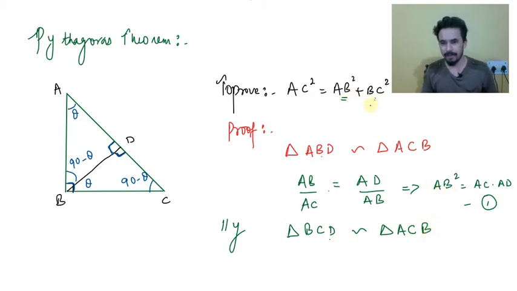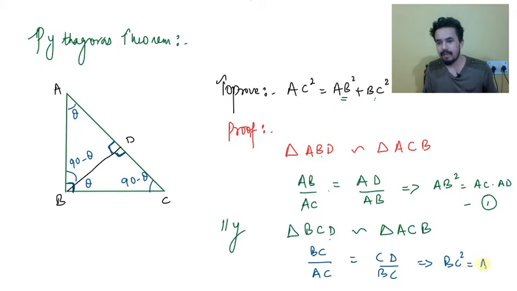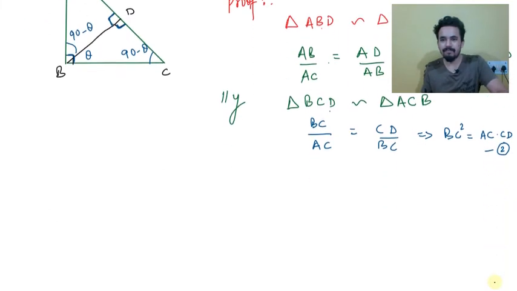You need BC square. How will you get BC square? Take BC, or try to find BC twice. So I am getting one BC from here. I'm just writing BC. For the first two, here I am writing AC. Okay. So BC by AC. Try to find another BC. You can see this BC is here, second and third. So take second and third. So this is CD for here, and here this is BC. Again, just cross multiply, and you will get BC square is equal to AC times CD. This is your equation number 2. Now just add this, right?